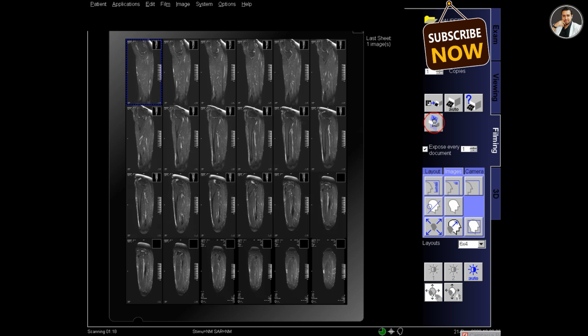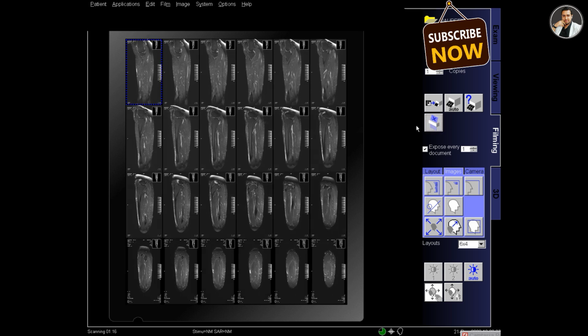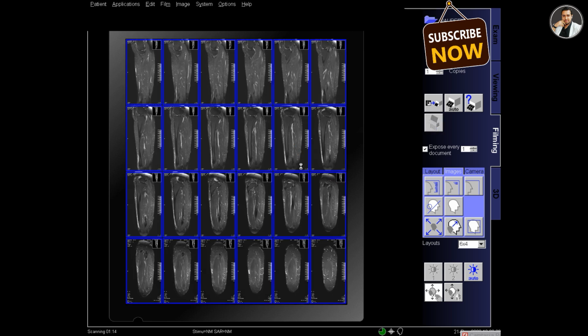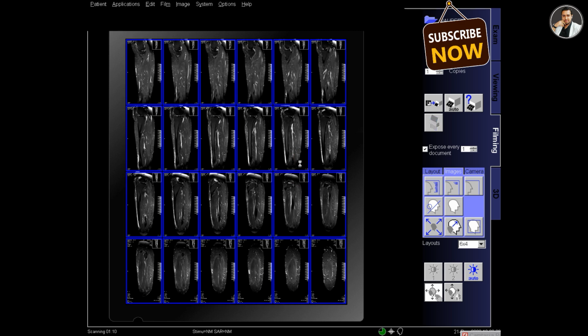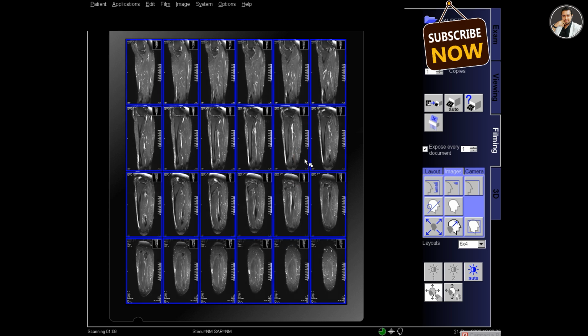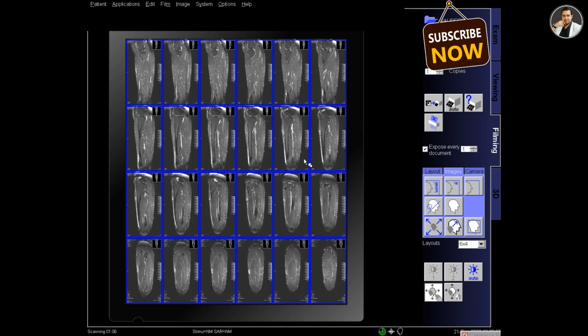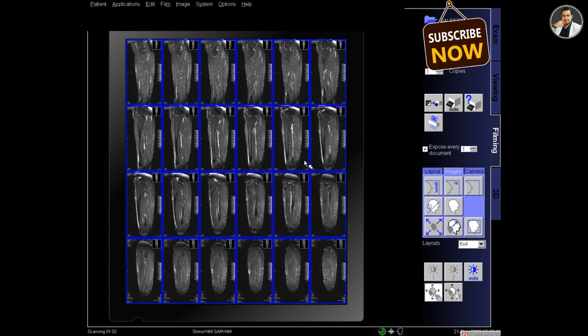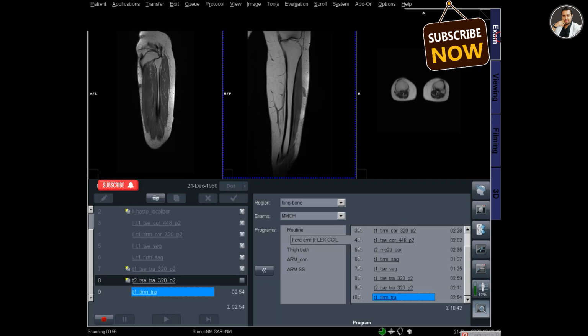So make sure that all the pathology slices are in the film. During deleting, be very careful and adjust the contrast so that the images are not very bright and not very dark, and it will be in moderate contrast, and the background will be black, and print out.